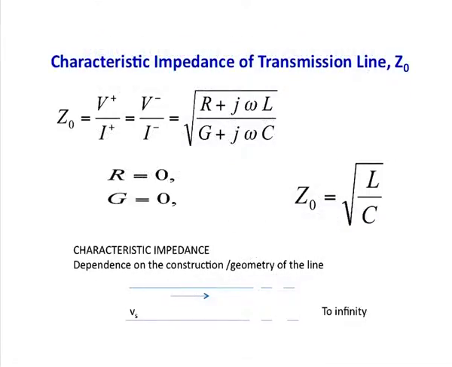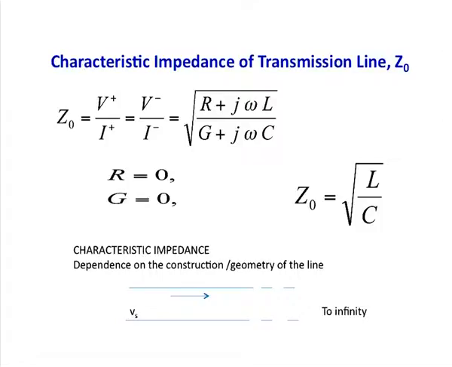The next is the characteristic impedance of a line. The ratio of voltage and current at every point on the transmission line is called characteristic impedance. This is given by V plus divided by I plus for the forward wave, and similarly for the backward wave, V minus and I minus. This characteristic impedance does not depend upon the position on the line, and from the previous expressions we can find